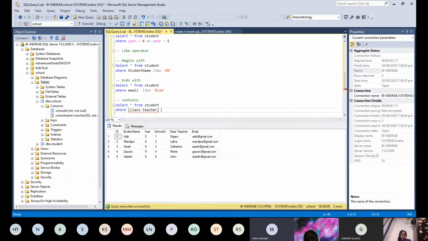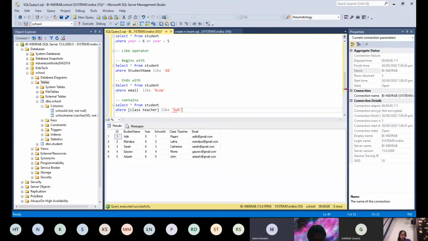Okay. Now what should we do? What is it that I'm going to type now for contains? Select star from student where class teacher contains. Like. No, there is no contains. You have to use like. And now what shall we do? A, but within quotations before and after we need to put percentage.